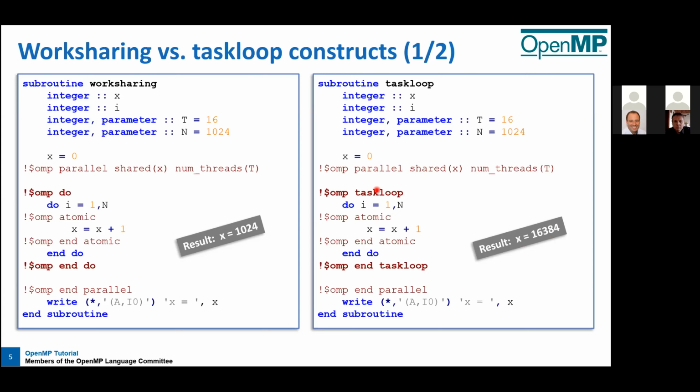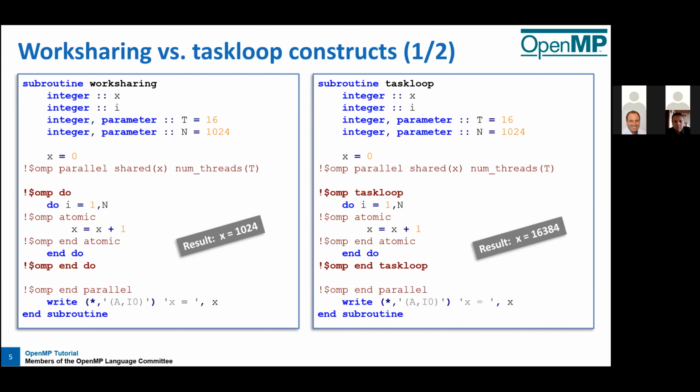Each of those 16 threads encounters the taskloop construct, and instead of dividing the 1024 iterations across those 16 threads, each of the 16 threads launches the taskloop construct. So it behaves like a task construct. So you get 16 concurrent loops which are cut up into chunks. Here you get one loop divided across 16 threads, and here you get 16 threads executing a loop from 1 to n. And when you sum up 16 times 1024, you end up with